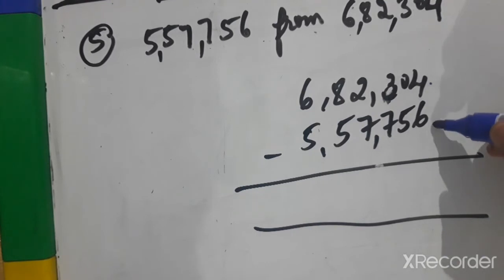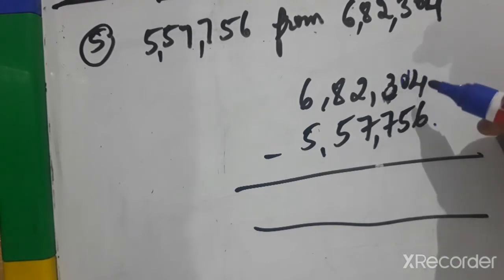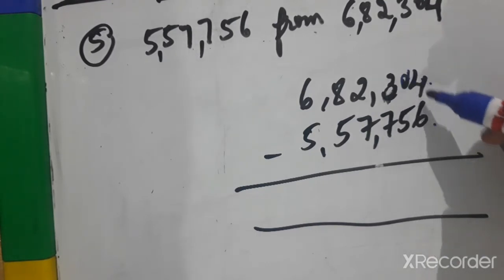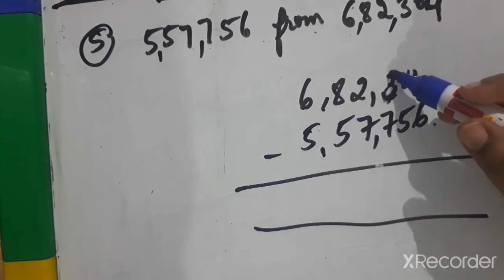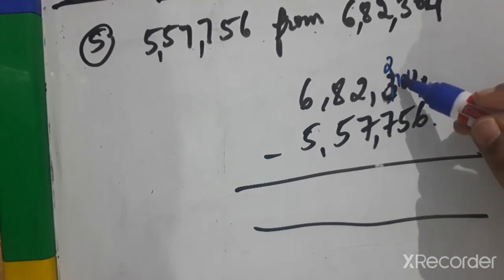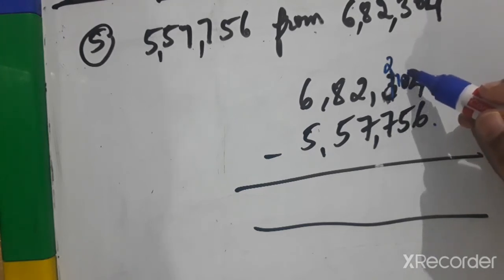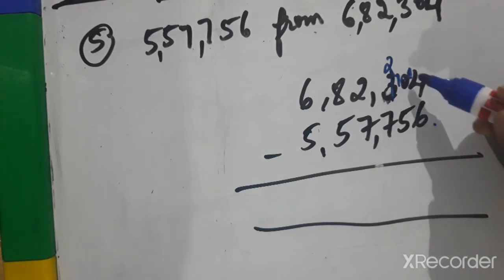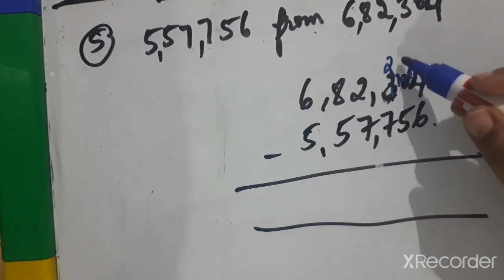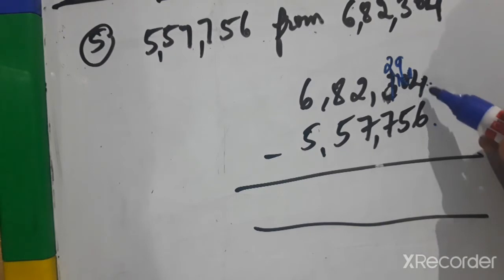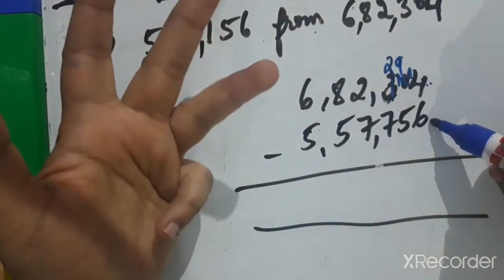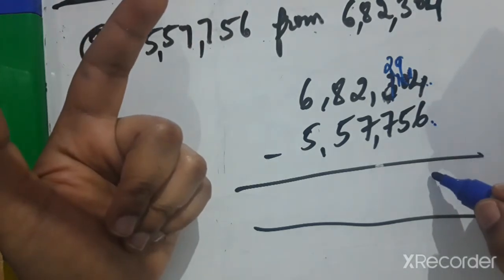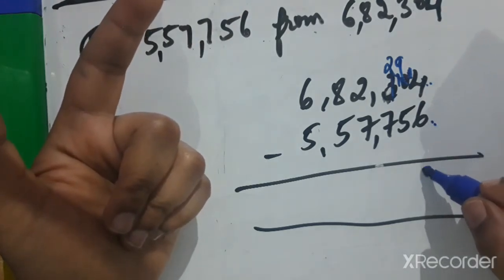Now 4 minus 6 we can't subtract, borrow 1 from the next number. So this is now 14. Here it is 0 and here also 0, so 3 will help. 3 will become 2, and 3 will give 1 to here, this becomes 10. Again 10 will give 1 to the next number. Now this will become 14 and 10 is now 9. 14 minus 6 means 7, 8, 9, 10, 11, 12, 13, 14: 8.